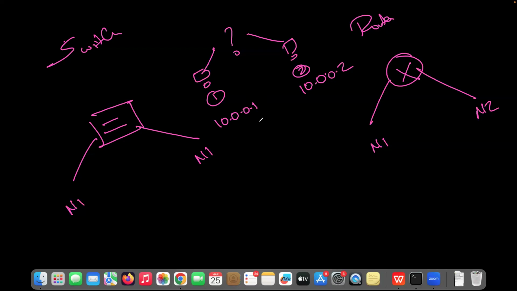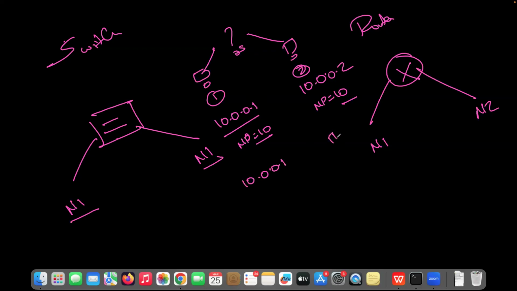First, you have to find out the network portion. Network portion is 10 here, and 10 here. Is it the same or different? Same means what device? Switch, correct.